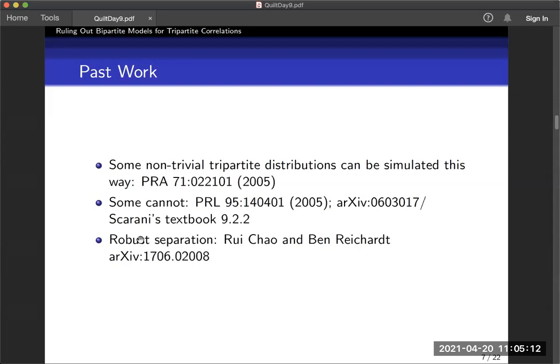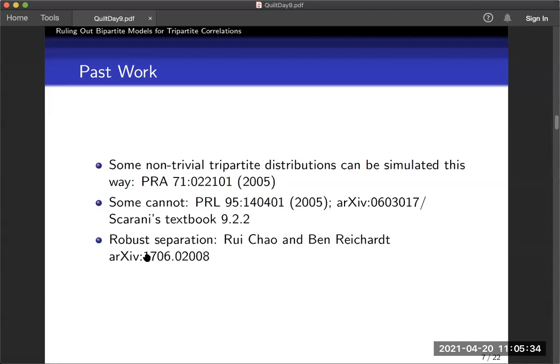And so this paper here from 2017 came up with a robust separation and came up with some Bell-like inequality that can be violated robustly by a tripartite quantum system, but is obeyed by all bipartite non-local non-signaling